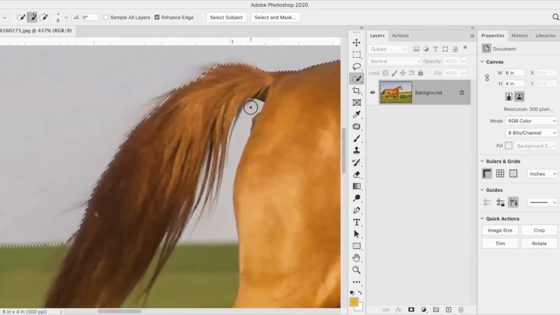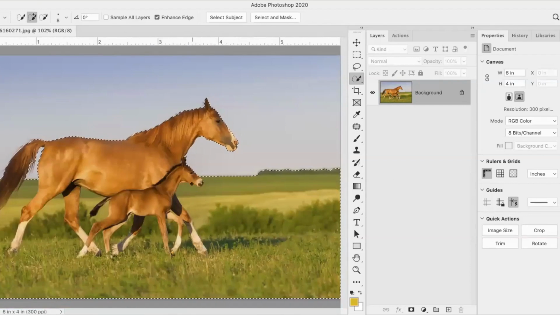Now, this area I do not want because it's part of the sky. And using my quick selection brush, I can hold down my Option key and I can paint through that area. And this horse's tail, I can decide later what I'm going to do with that. So now that I have this selected,